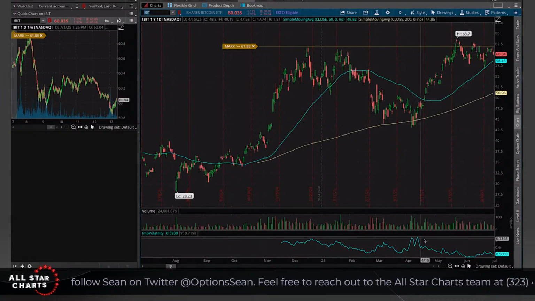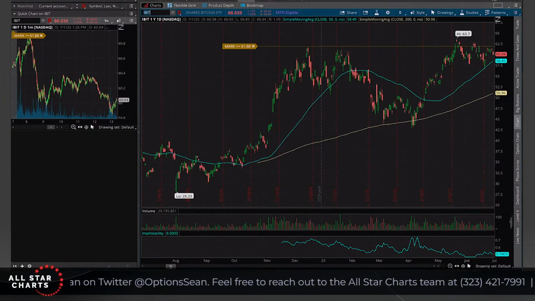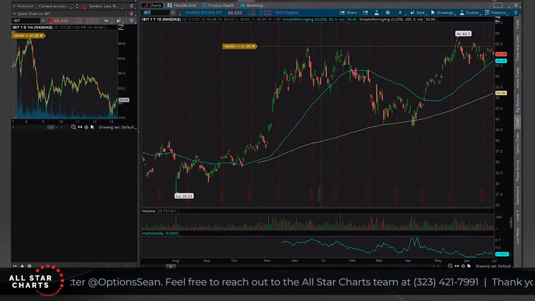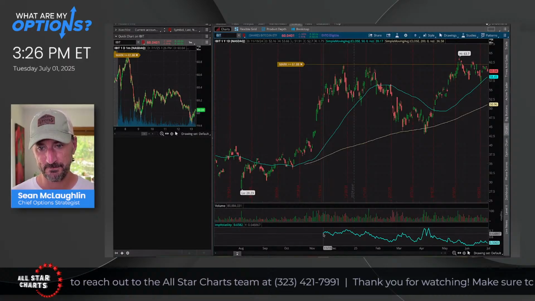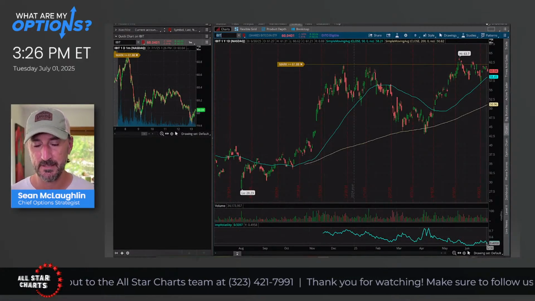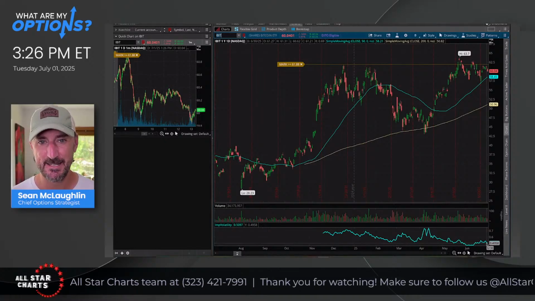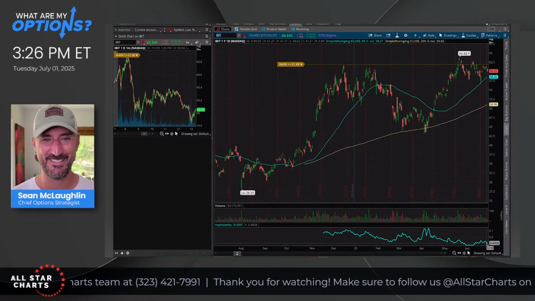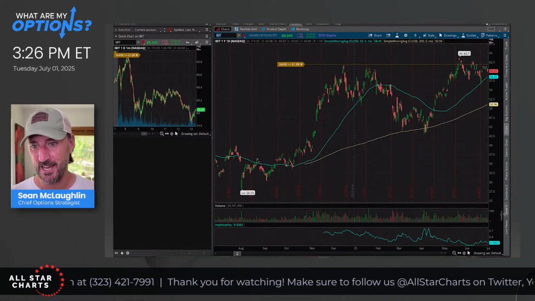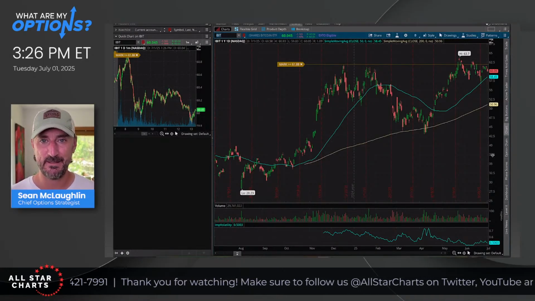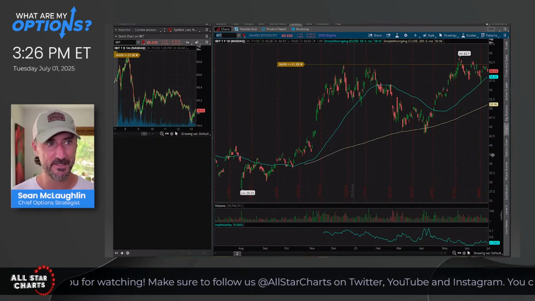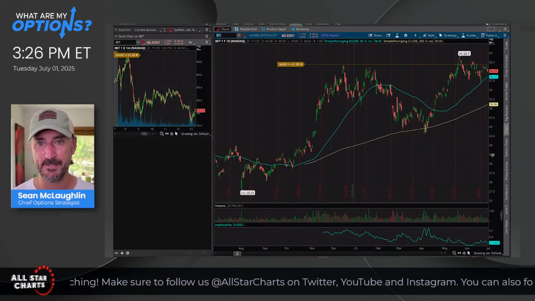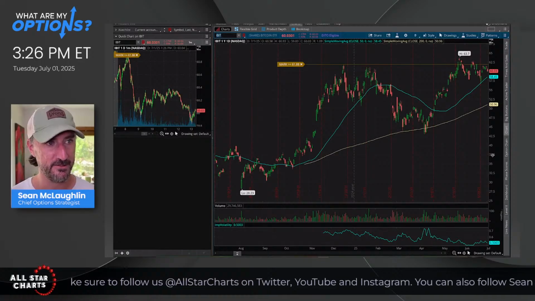Since April, we've basically been trending lower, and we're near the lowest levels of the year in IBIT. Since inception, I should say, IBIT options began trading in November, you can see right here. So we're at the lowest levels of premium that have been priced into these things since the inception. Why can't I say that word? Inception of IBIT options. So again, not to beat a dead horse and not to be a simpleton, I know some of you guys are here for advanced option strategies, but I would just want to buy calls here. I mean, who wouldn't want to have unlimited upside potential in a Bitcoin instrument, right?